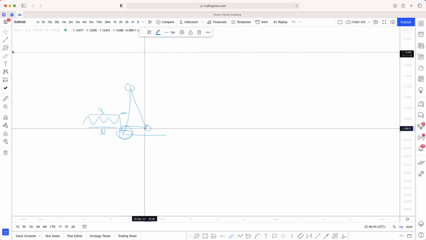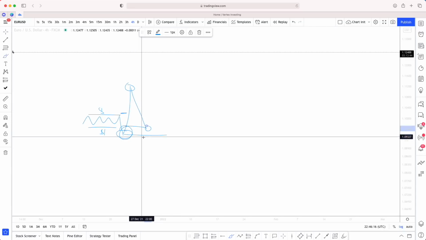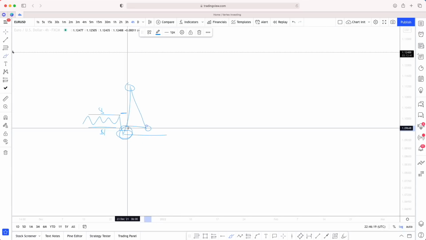So what we can do is you can place your order here should you wish. It's completely up to you, and this is what determines what kind of trader you are, because taking a trade from here is determined by your risk tolerance, whether you want to take the trade from here or not.